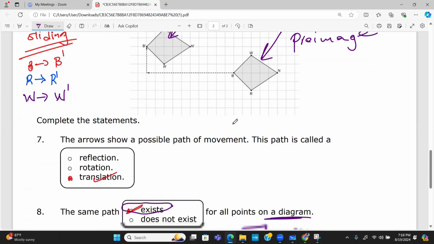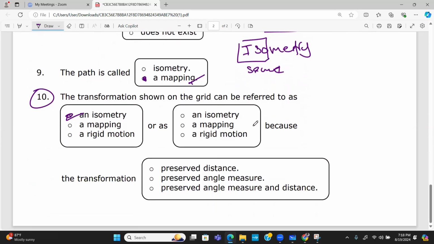So because we're getting congruent shapes with the isometry, they are called isometry, or a rigid motion. So it can be referred to as a rigid motion, because when it was done, it